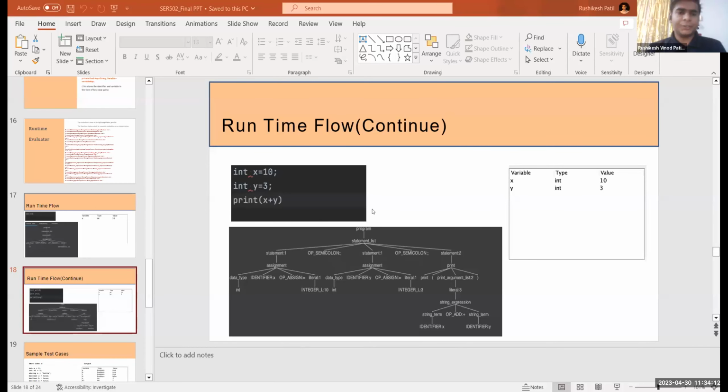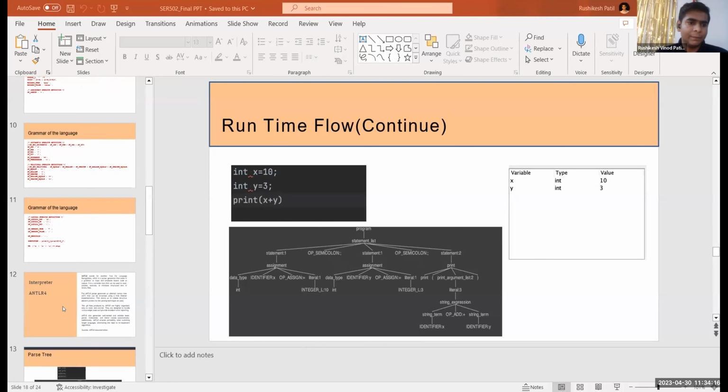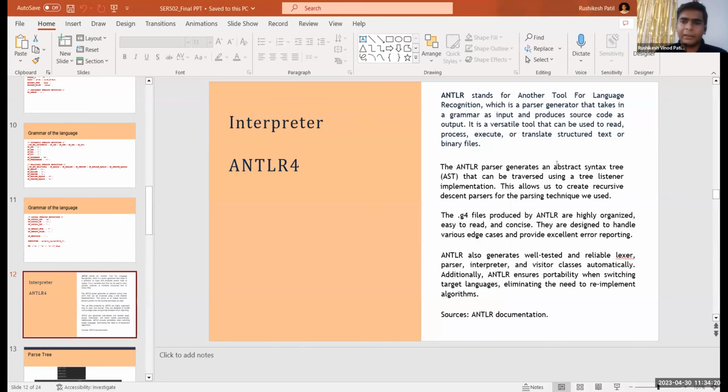Hello everybody, this is Rishikesh Patel, and I will be explaining how the ANTLR interpreter works for our tool. ANTLR is a tool that we use to generate a parse tree from our grammar. ANTLR automatically generates the parse tree and interpreters, and it gets the visitor classes that we can code in any language we want. ANTLR supports many languages, and we have chosen Java because every person in my team